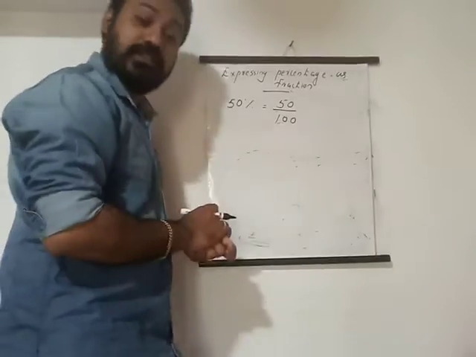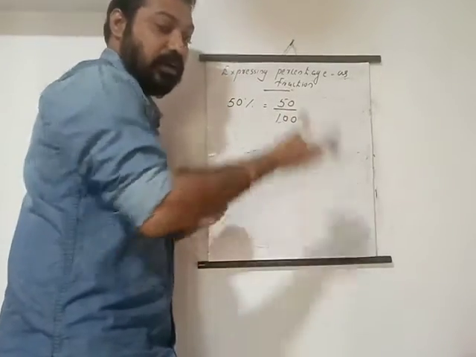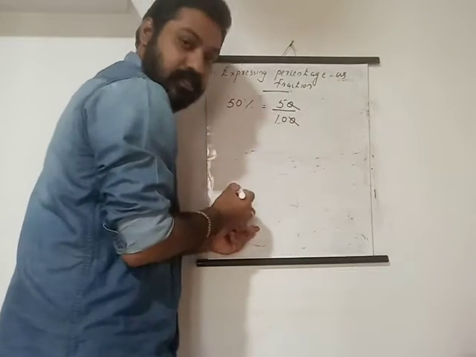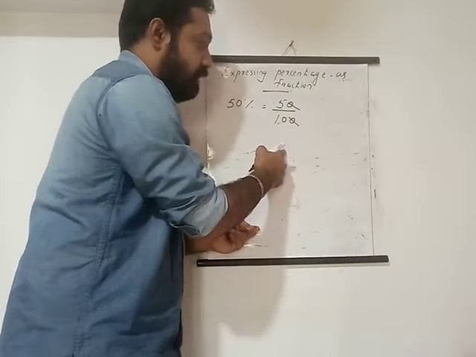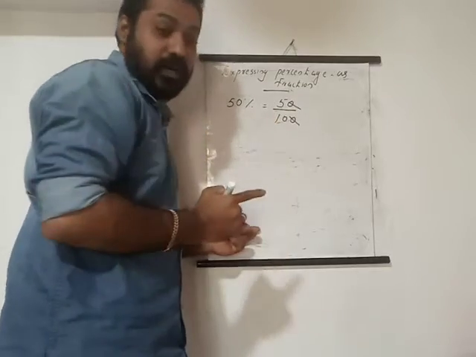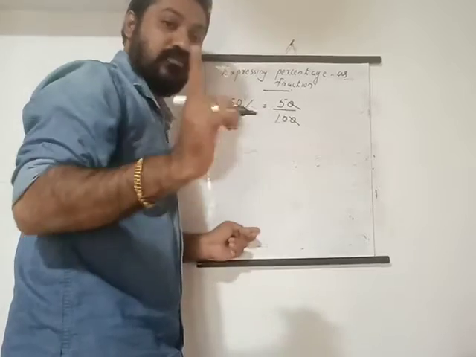This one we can further divide. I told you we can cut again if it is possible. We can simplify further. It means 0 and 0 we can cancel, isn't it? And we get 5 by 10. Here 5 is a common factor, isn't it? So we can cut this 10 and 5 using 5.